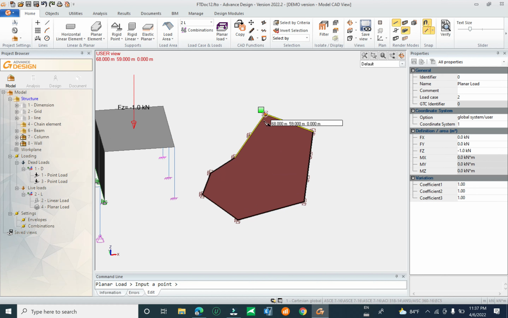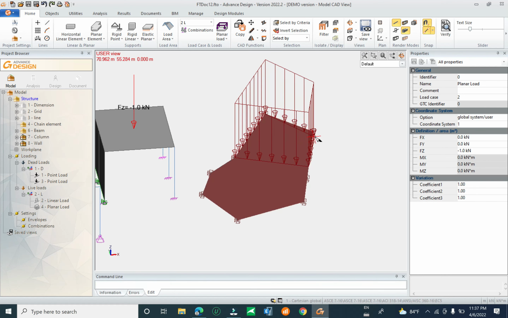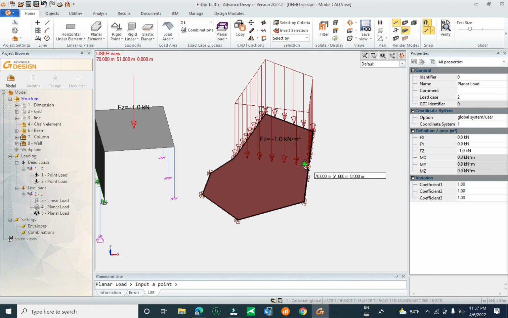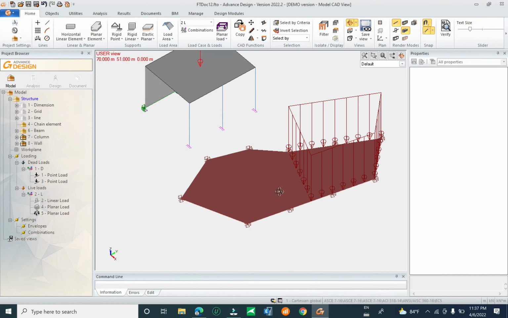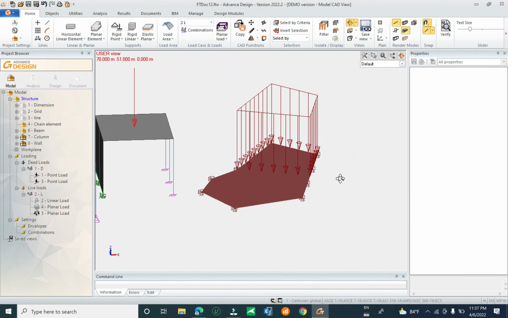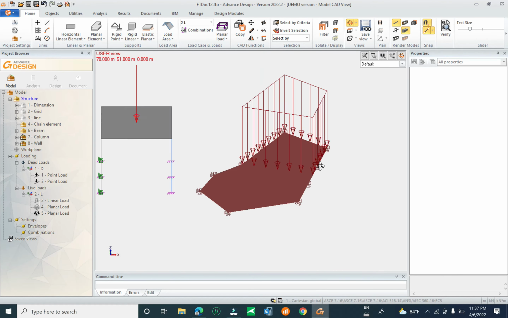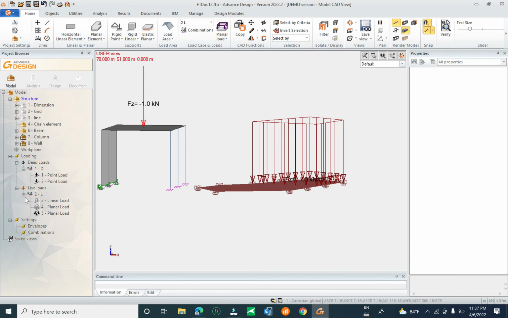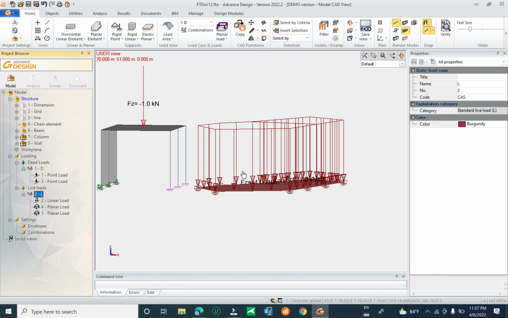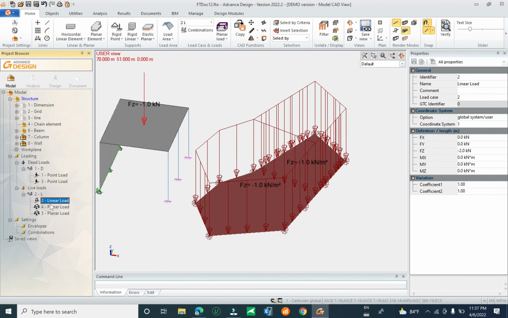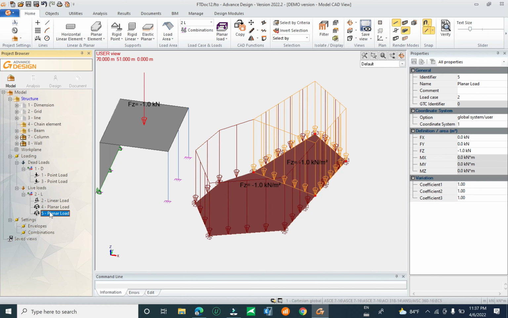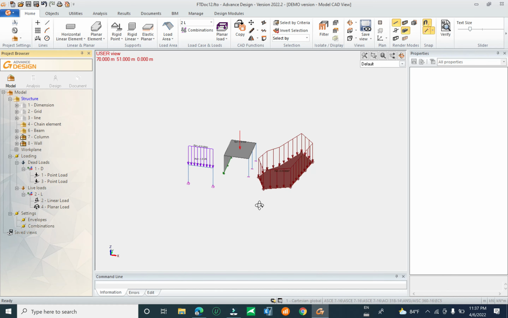You can click 1 1 1 1 and enter each one. You can click on the element to define your load location. Okay, you can double click on the line load, and you can check. Now I want to delete the load, you can delete it. Okay,